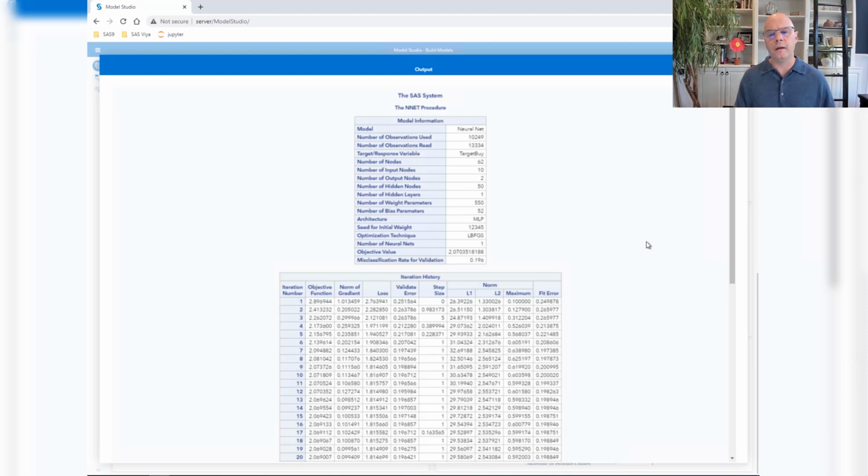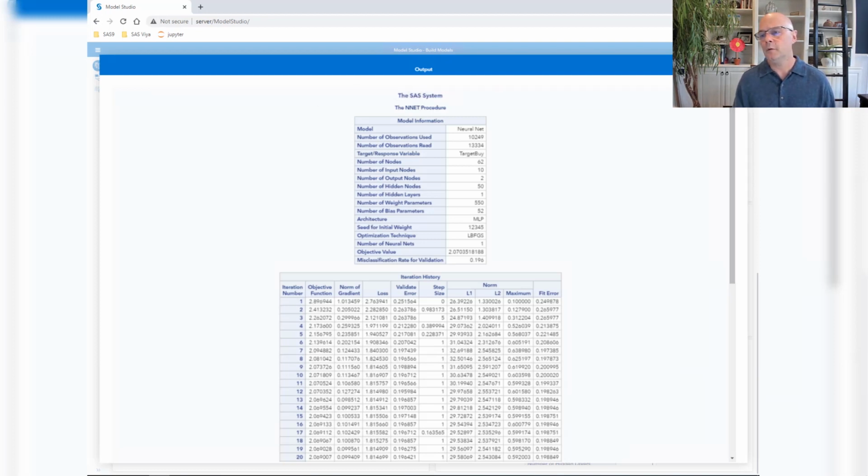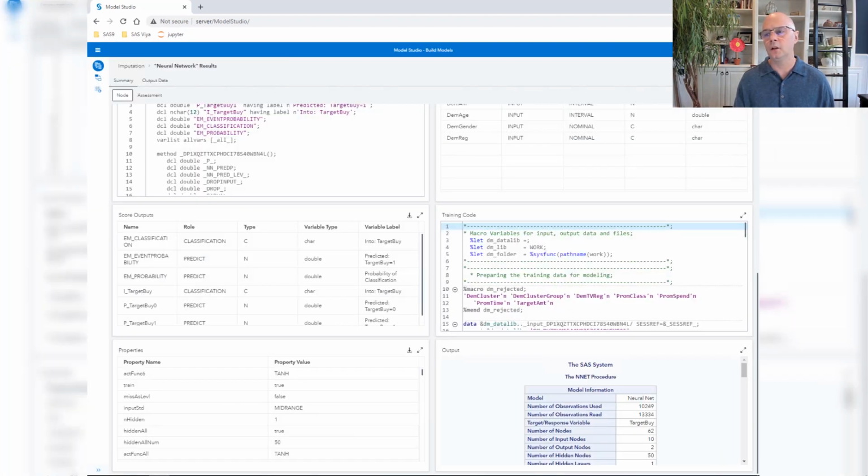Look at the number of observations read, a little bit more than 13,000. That's the size of the training data set. But look at the number of observations used, just more than 10,000. So a little bit more than 3,000 observations were not being used to build this neural network because they weren't complete cases. We've reduced the amount of training data, possibly biasing that sample. Not a good idea to have this model built on a biased sample. Let me restore that table and close the results.